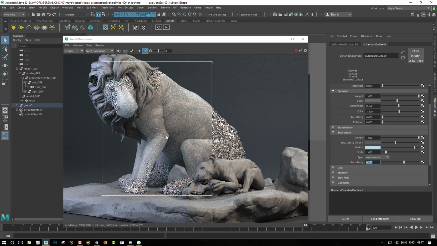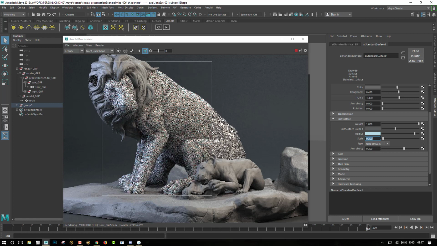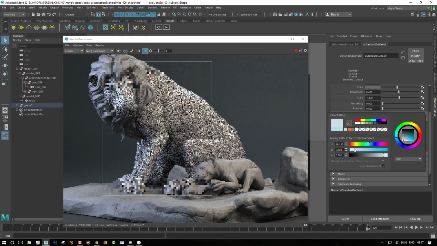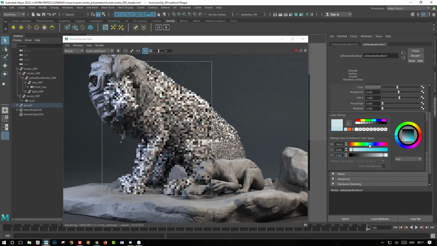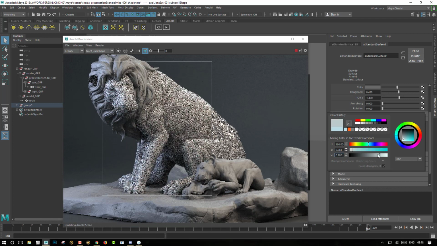So now I think that I have too much SSS, so the light is traveling way too much into the surface, so I get this kind of crystal resin effect. So I just need to reduce the scale to get something that will look closer to my plastic resin material. Even less, I think. And reduce also the radius saturation, because I don't want to have something that will be too visible. Maybe give it a little more greenish color and reduce the value as well.